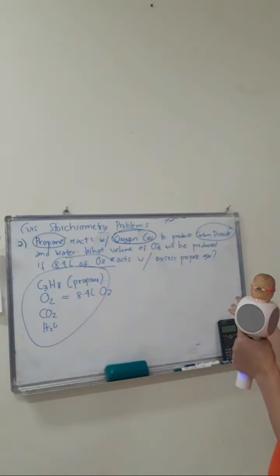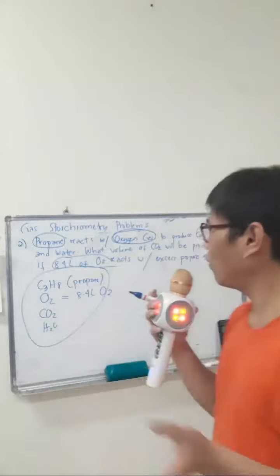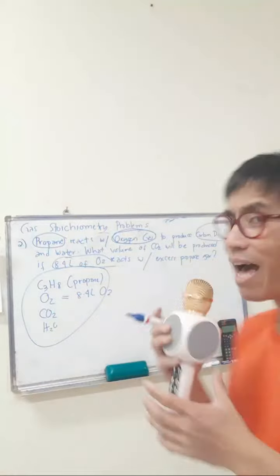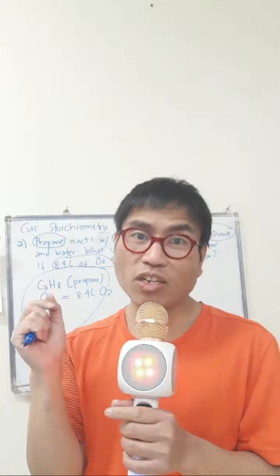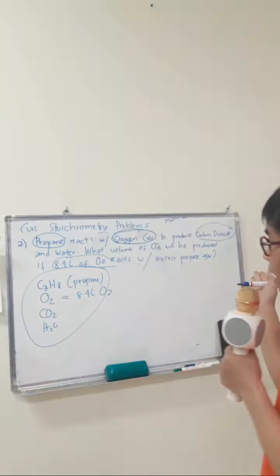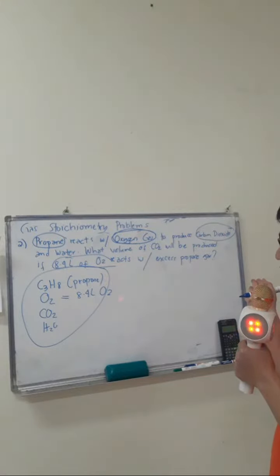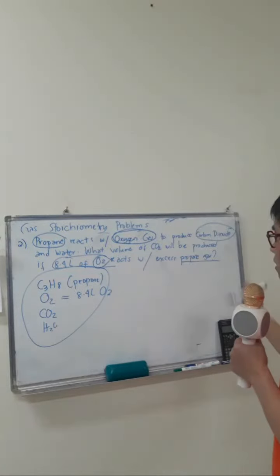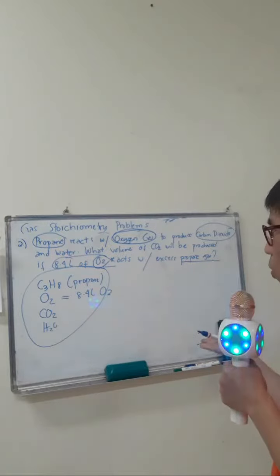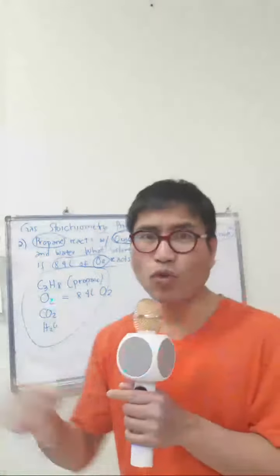In this kind of question, guys, there are a lot of elements and compounds involved. So what comes first in your mind? There's a chemical reaction involved. It's not purely solo data or a solo element. You need to understand that there's a chemical reaction because it states that oxygen reacts with propane. So you need to show the chemical reaction, and then you have to balance it before proceeding